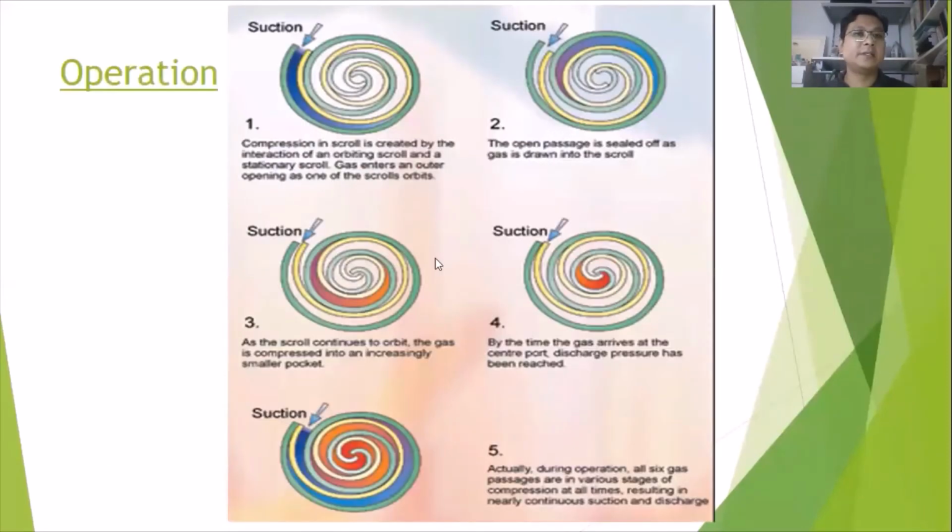Okay, this one shows how the operation goes from stage 1 until stage 5. You can see it by yourself in the slide. So maybe I will go fast